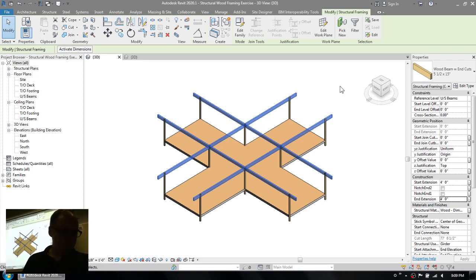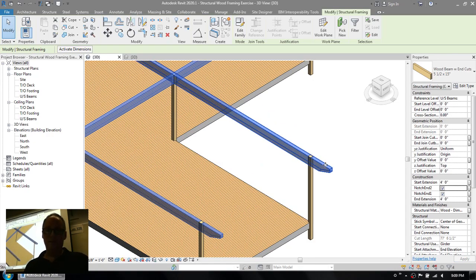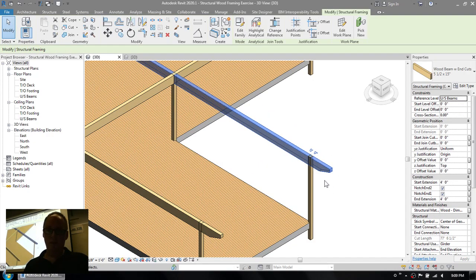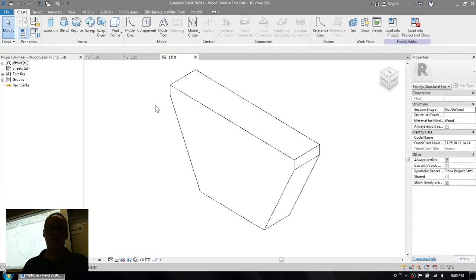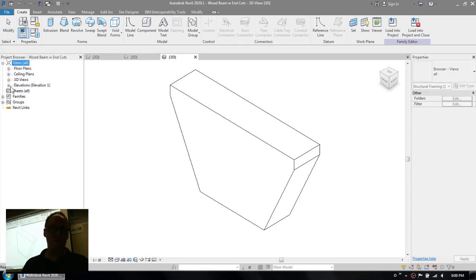Now, it says, check the boxes for notch end 1 and notch end 2. These ones right here. Now, those boxes were created by me because I have altered this family, this beam family here, so I can get these rakes created on the bottom of these beams. I'm just going to take a moment here and talk about these beams so you can understand how they work. We're going to be talking in more detail about beams later on in the course,